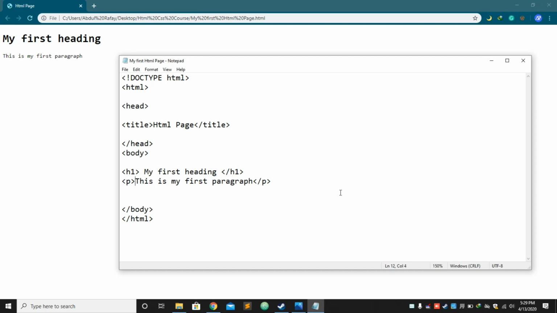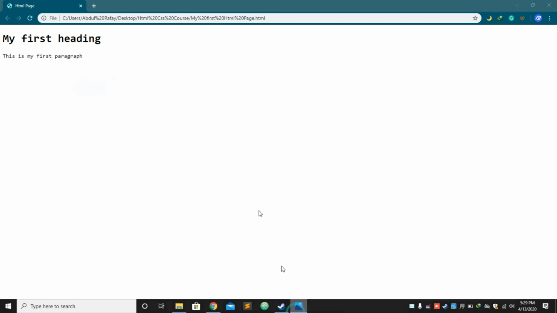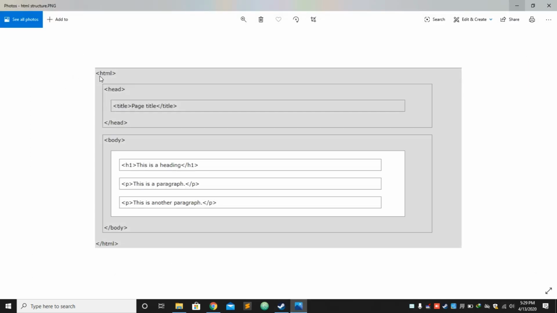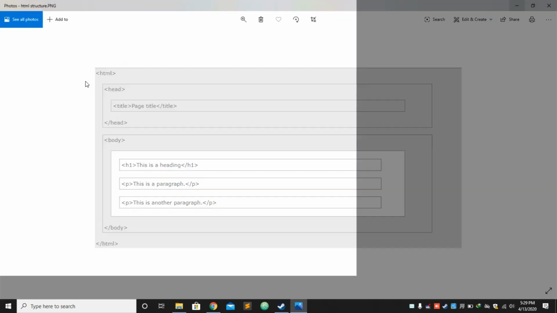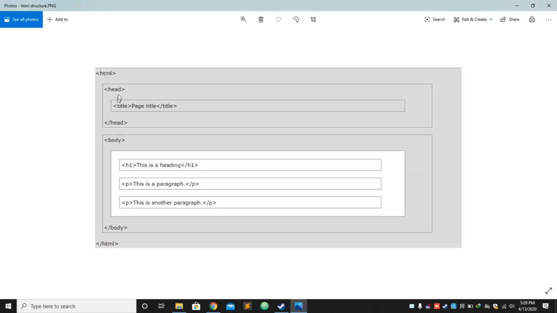I can also show you the structure of HTML. See there, we have a first HTML, and within the HTML we have a head tag, and within the head tag we have a page title, and after the head tag we have a body tag, and now we have many tags in the body tag.